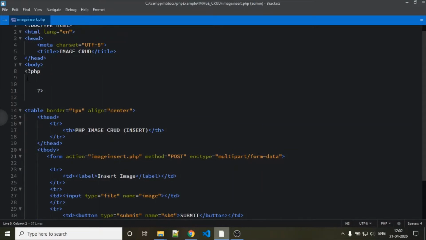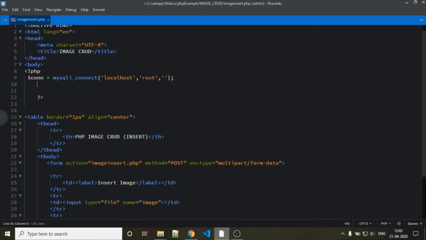Open a PHP tag. First of all we create one connection to the database. The mysqli_connect function is used to connect to the database, and it requires 4 parameters: your host, in our case localhost, username, password.